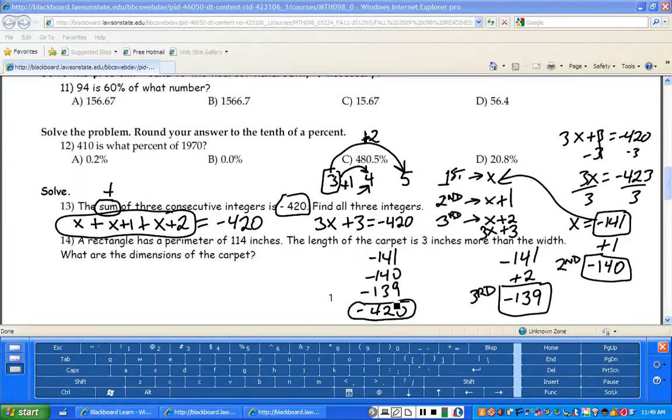Alright, so your answer to this problem should be first number, second number, and third number. You have to list all three of these numbers. Okay,